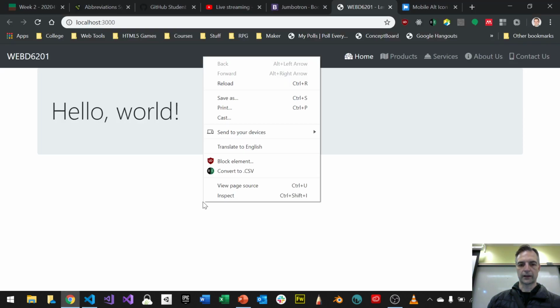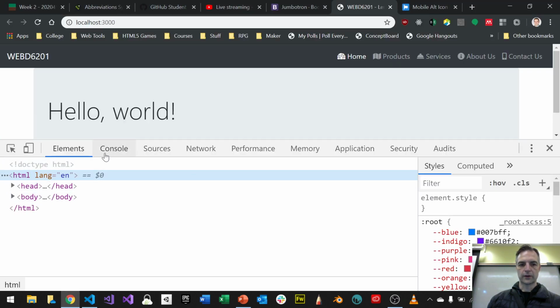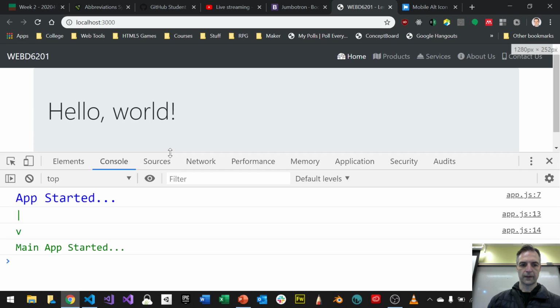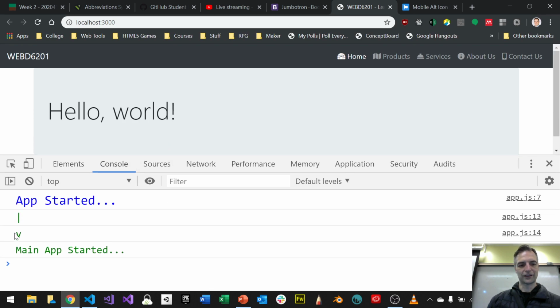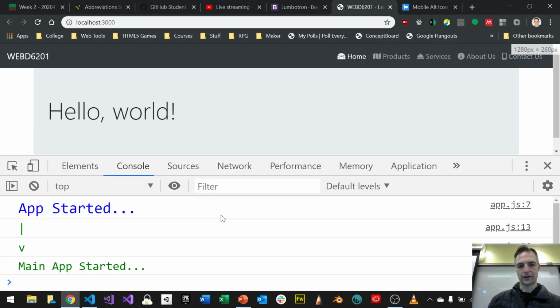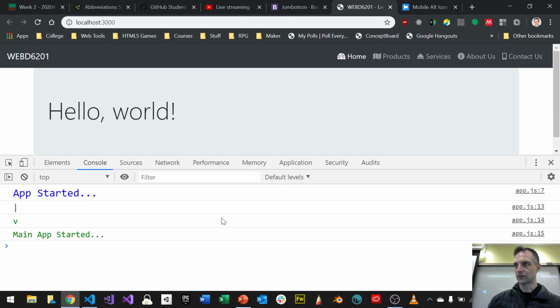So if I right click and I go to inspect, you can see under the console that I have exactly that. And there's my little, take a look at that, there's my little arrow, right, to make it look like, hey, my app started, inside my app, my main app started. Take a look at that though. That is like, I got some coding. By the way, notice I can zoom in and out just of my console by pressing Control and using my scroll wheel, just here. Not here, just in here, in the console window. So you can actually have an expanded or a bigger console if you're blind like me. All right, so